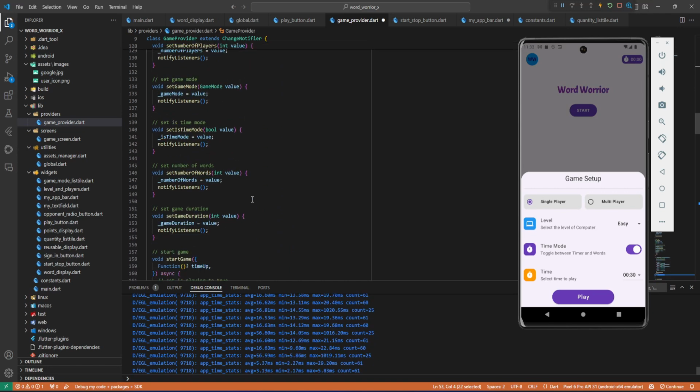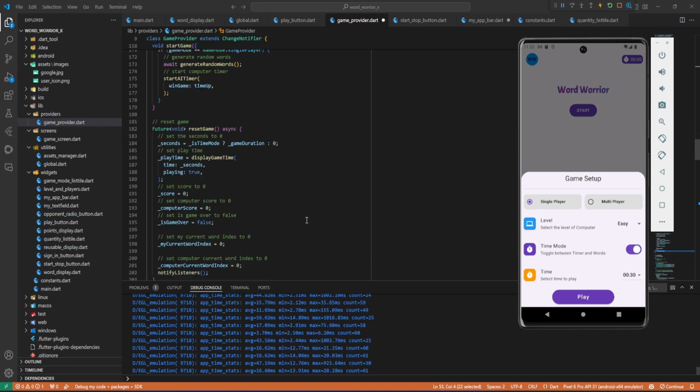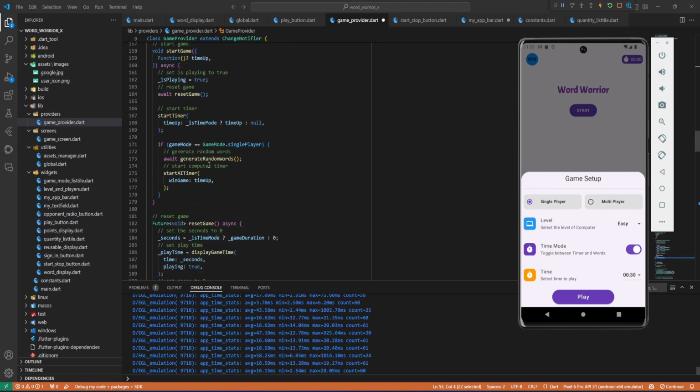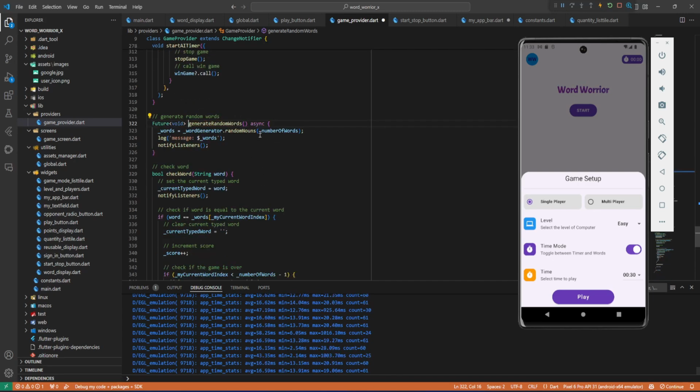What we can do is, if we want, we can be setting depending on the time picked here. If it's 30 seconds, maybe we can generate 50 words. If it's 1 minute, maybe 100 words, okay? We can either do it like that, or we can just simply come on the method to generate random words here. And then also here, before we put the number of words, we have to check if it is time